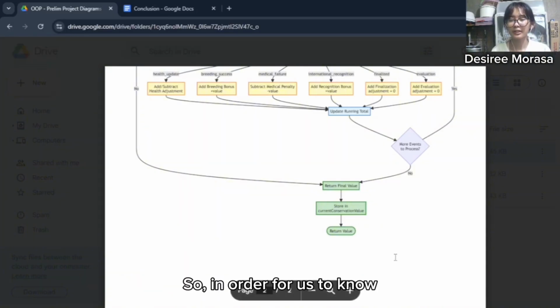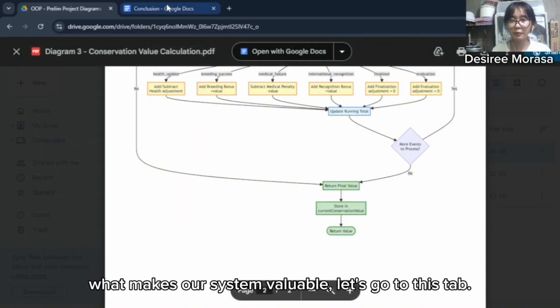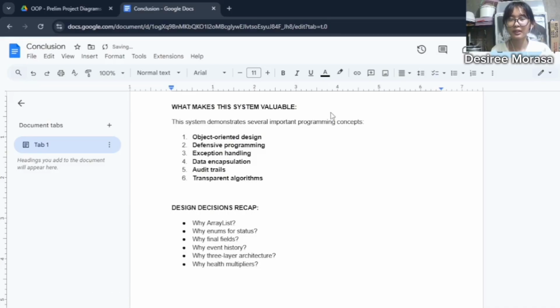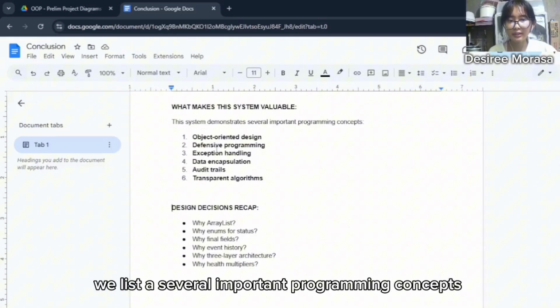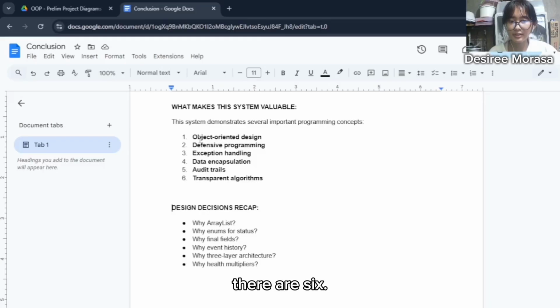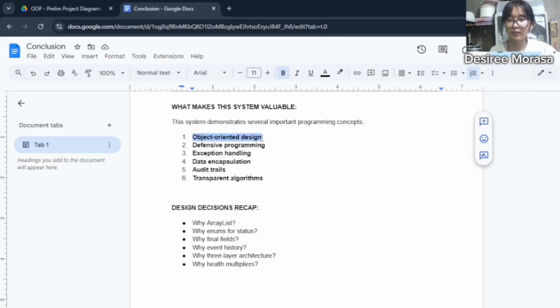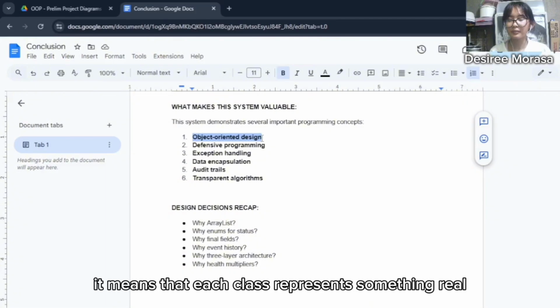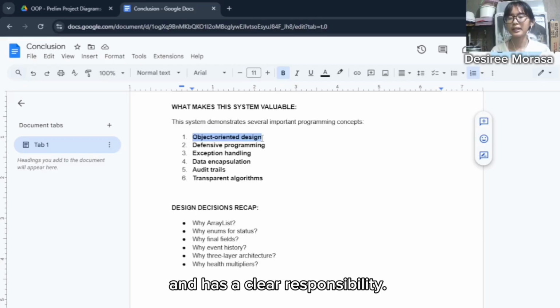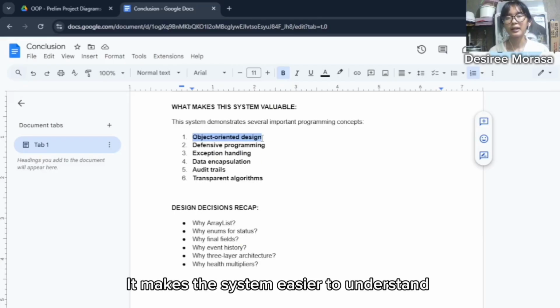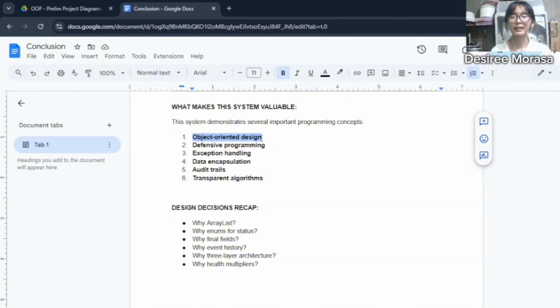So in order for us to know what makes our system valuable, let's go to this tab. First, we list here several important programming concepts. There are 6. First, it follows the object-oriented design. It means that each class represents something real and has a clear responsibility, and it makes the system easier to understand and easier to extend later on.